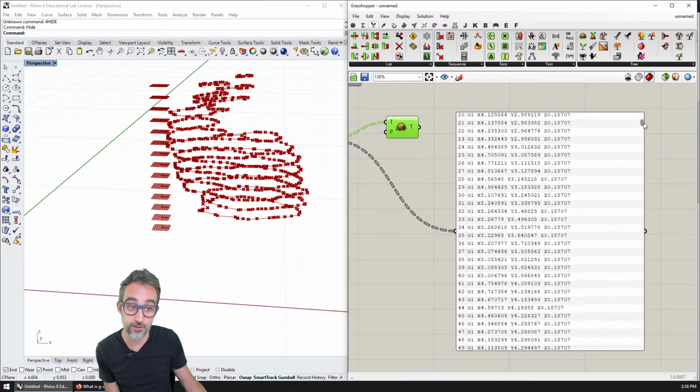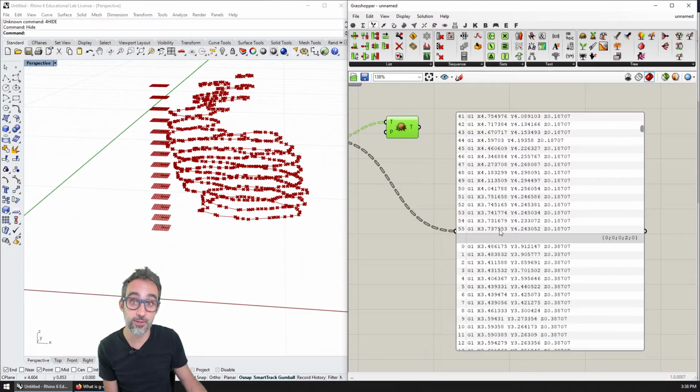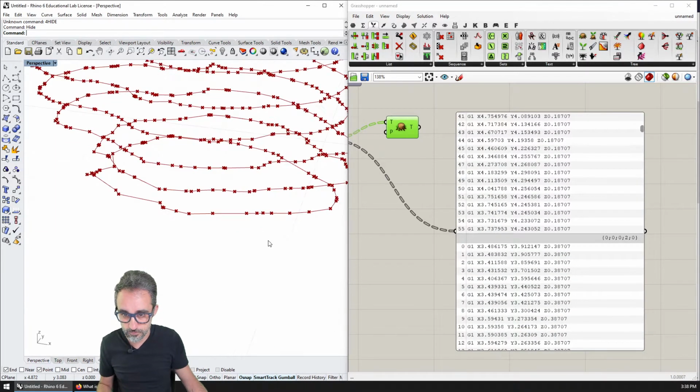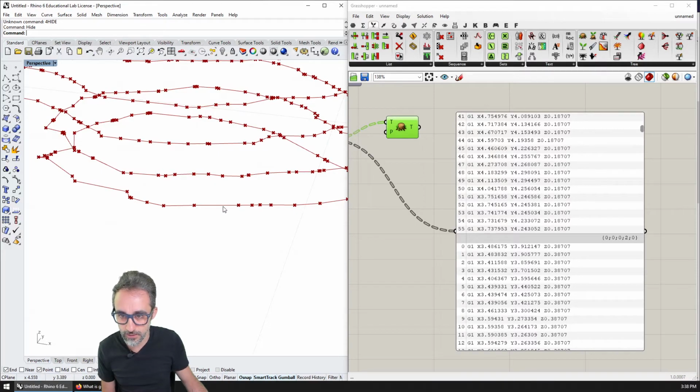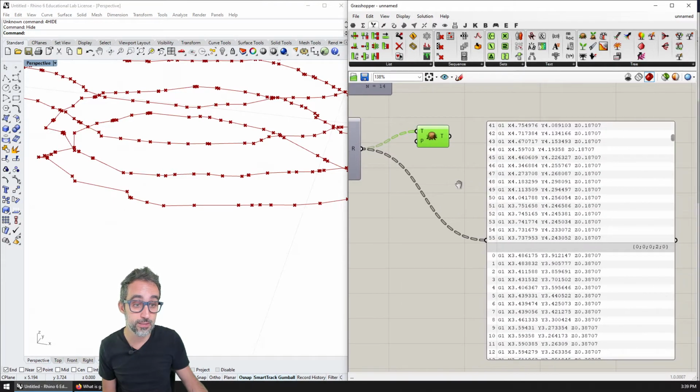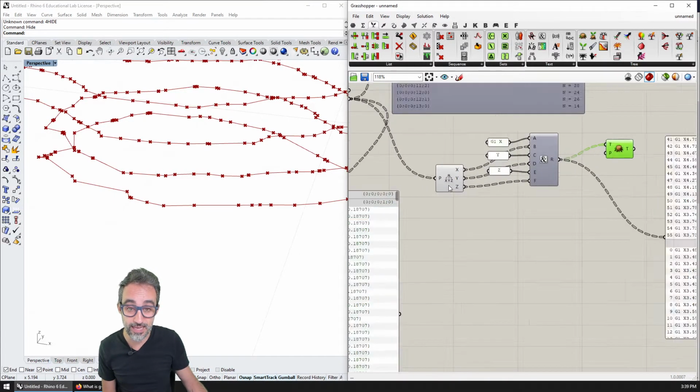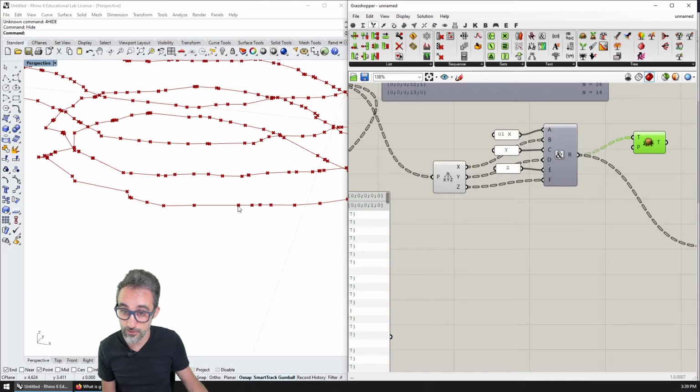Also, something that I have not done, for example, is that at the end of the polyline, maybe if the polyline starts here and ends here, we may actually not print this segment here. So a very smart thing to do typically is to duplicate the last point twice, so that it's at the beginning and at the end. So the 3D printer goes like this, but we make sure that it ends at the same point.